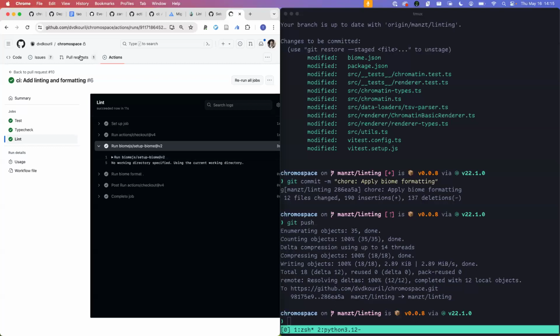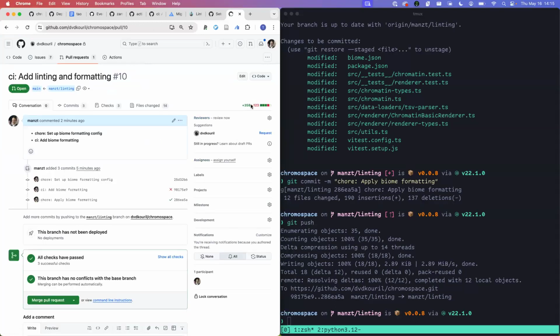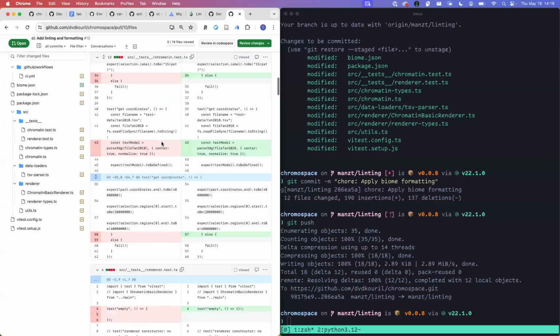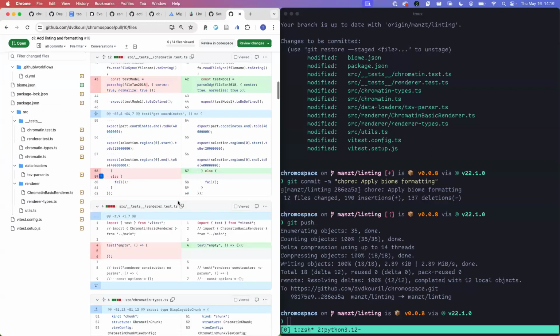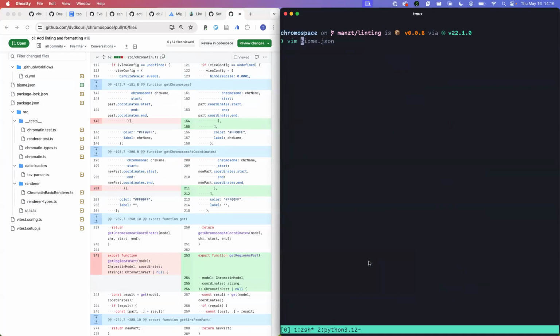Yeah. And now we can look and see, okay, everything's passing. And you see that's a pretty sizable diff, but you could definitely go through and see all the different places where, say, an extra space has been removed, these little things. And this will also in your, let's see, if we go to source, main,